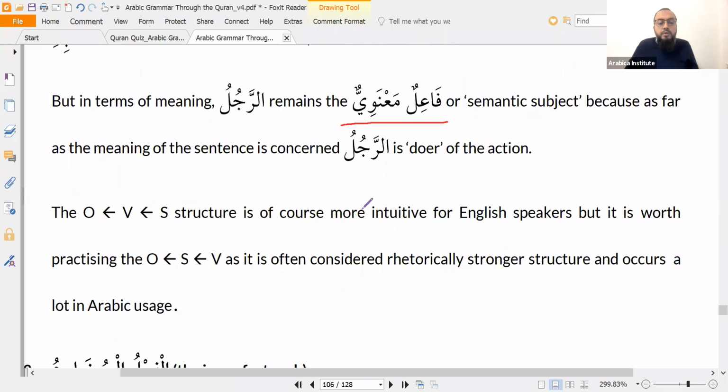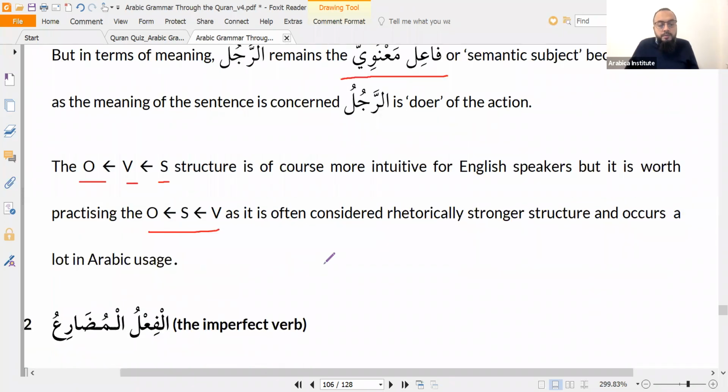Now, for those of you who are English speakers, the subject, verb, object is the easiest structure because it's the structure we use in English. Okay, so if people find verb sentences hard in Arabic, my advice to them is start off with this structure, but over time, learn the VSO, putting the verb first, because in some situations it's considered to be rhetorically stronger to put the verb first. And as an Arabist, you must be able to put the verb first and recognize it when it's put first, because it's all over the Arabic language.